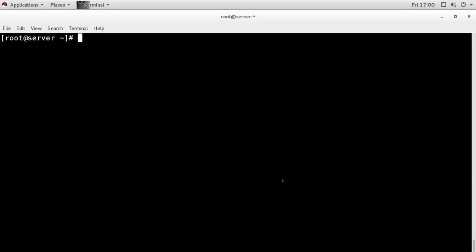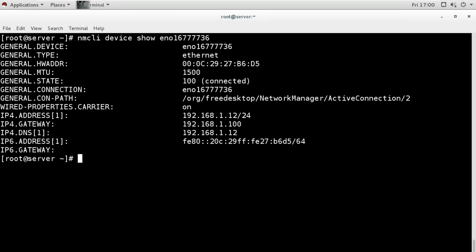But first we have to mention the IP of our DNS server to this machine, and all over the clients, we have to mention the DNS server IP. So let's check this first. nmcli device show. So which is the DNS server IP? I have already configured the DNS server IP. This is the one, and this server's IP is also the same DNS server, because this server is the DNS server right now.